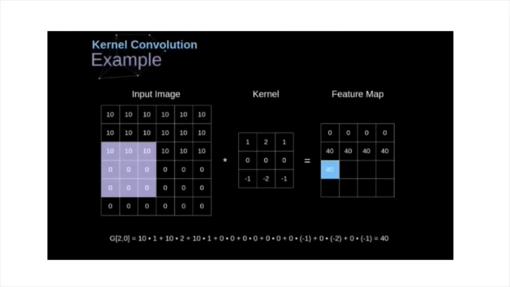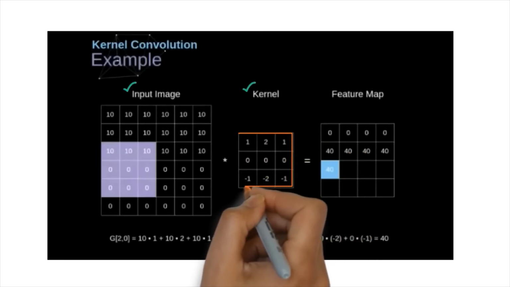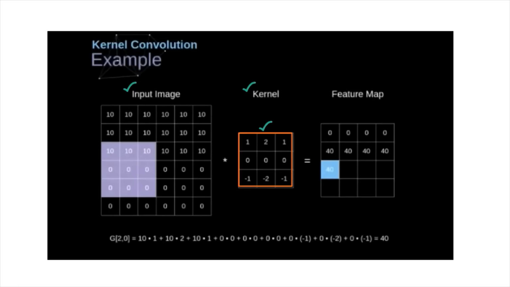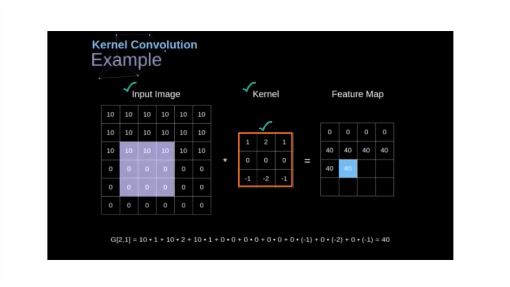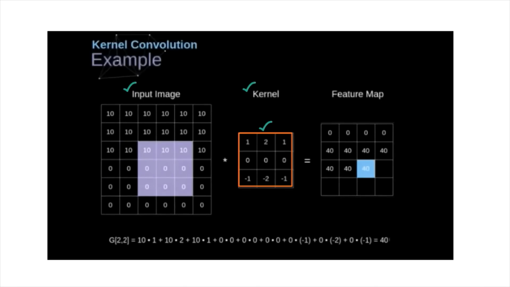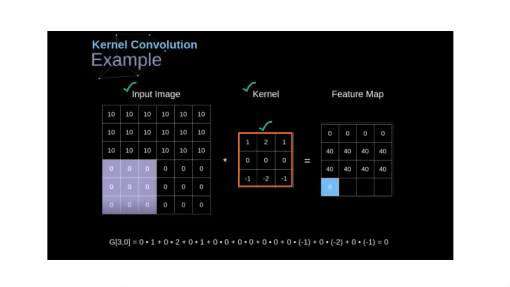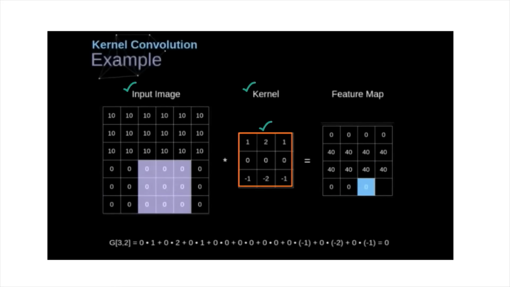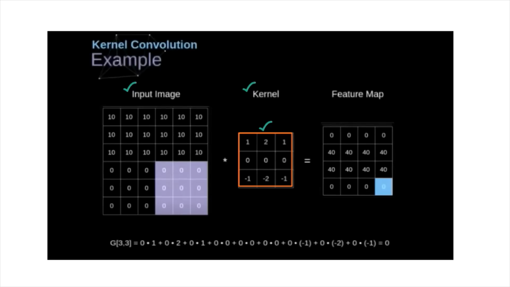Now, what is the most important thing? See here, there will be one question. Okay, ma'am, we have understood that in the input image we have pixels and they will have many intensities. But we have certain values in the kernel. How can one understand what the value of the kernel should be? Because this value is not defined in the input image. So in the input image, we will slide some box, and then whatever values we get inside the box, we will multiply all these values with the individual pixel values of the kernel, and then it will produce some particular pixel value in the feature map.